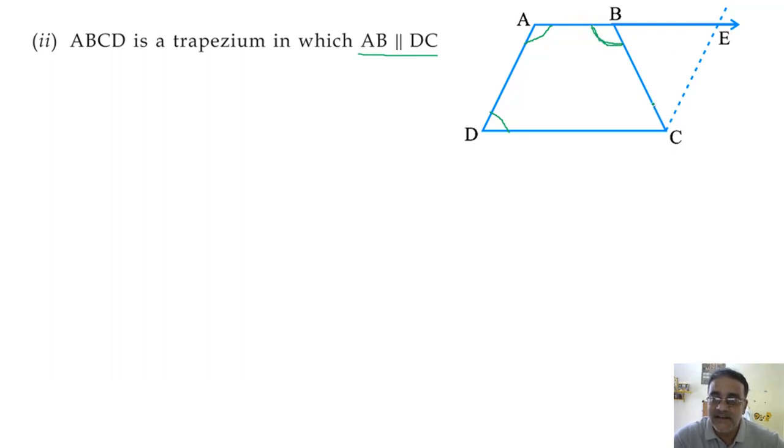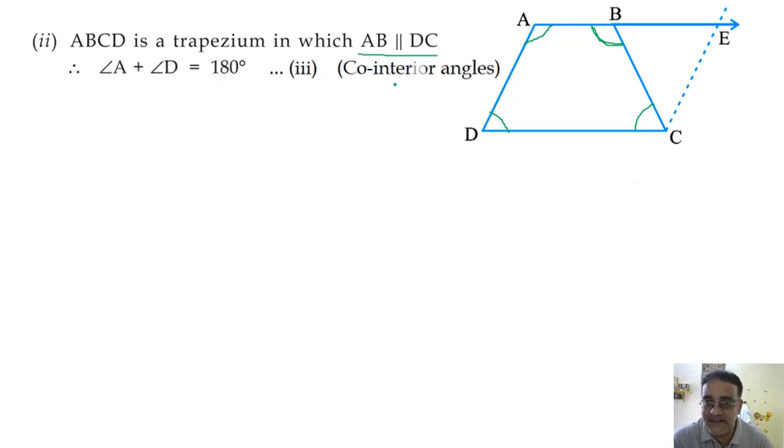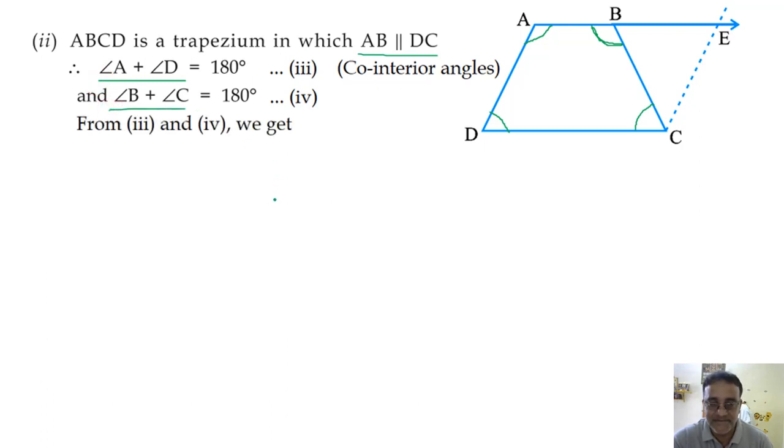Now what about these two angles? ये वाला और ये वाला. Sir, co-interior. 180 degree. Right. Co-interior angles. So angle A plus angle D is also 180 degree. Reason: co-interior angles. And angle B plus angle C is equal to 180 degree. That means these two sums are equal to each other. Now angle A is equal to angle B already हम लोग show कर चुके हैं. So angle D is equal to angle C हो जाएगा.